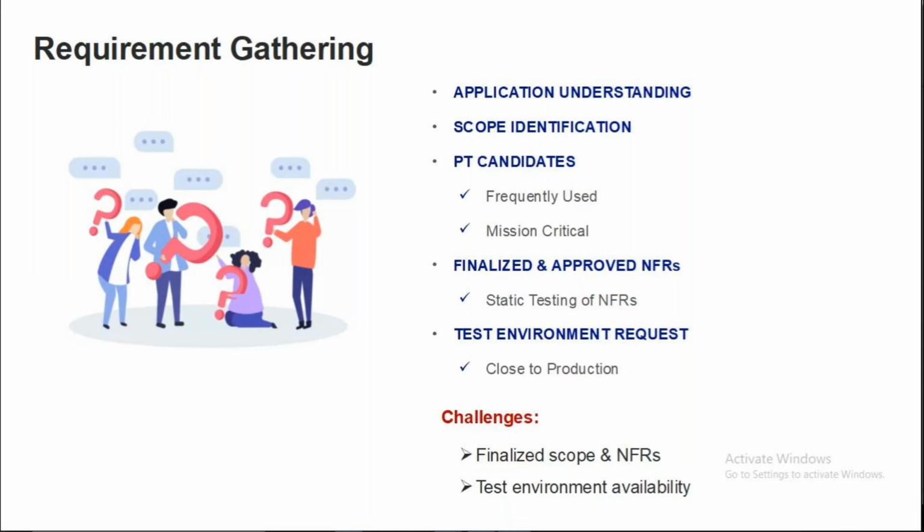Next, as I was telling you, scope identification is important. But how will you identify which scenarios should be in scope for performance testing? Now you went to your stakeholders, the business users, the business analysts, and they will tell you, no, I am not sure. Let's say there is an application which is going to production for the first time. So they will literally say, I would like all the scenarios to be performance tested.